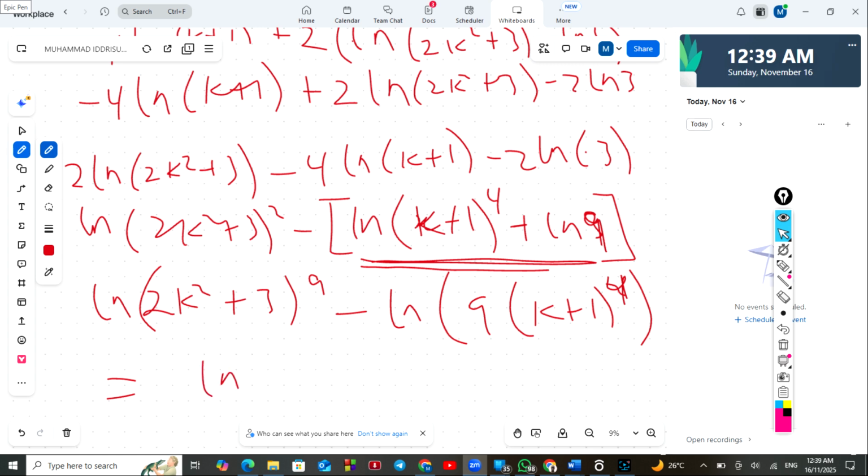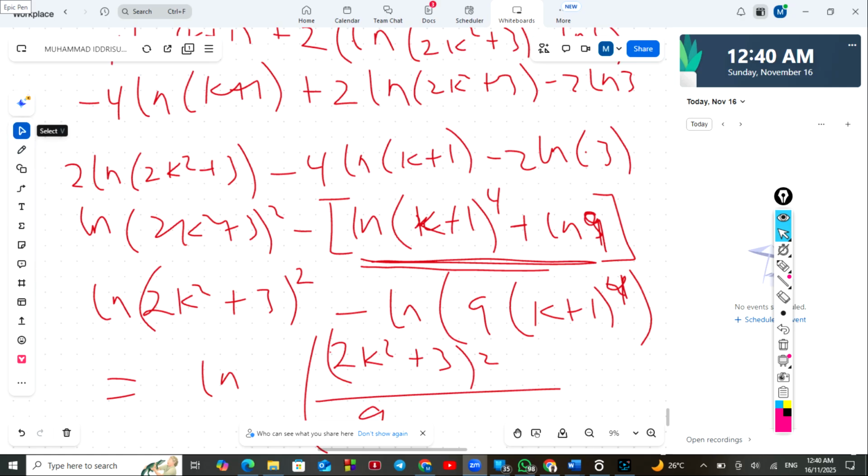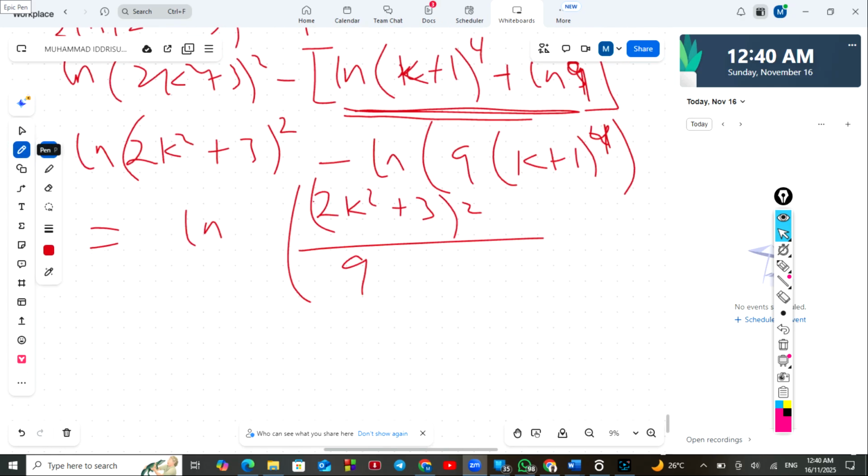ln of (2k² + 3) all squared all over 9 multiplying (k + 1) all to the power 4. So this is equal to ln of,